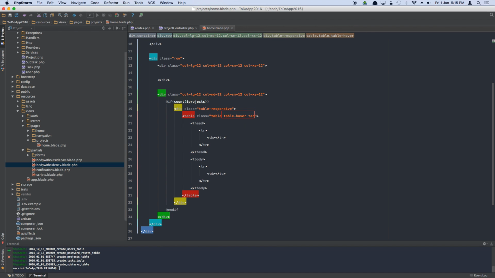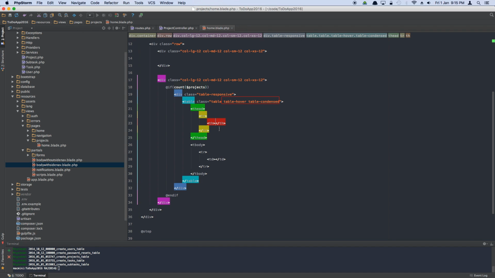I'm going to add another table condensed class. That's just straight out of the box from Bootstrap. So I'm going to define all the fields here, and I would like all these fields to be capitalized. So I'm going to give it a class capitalize, and let's just say I've got a helper class in the CSS